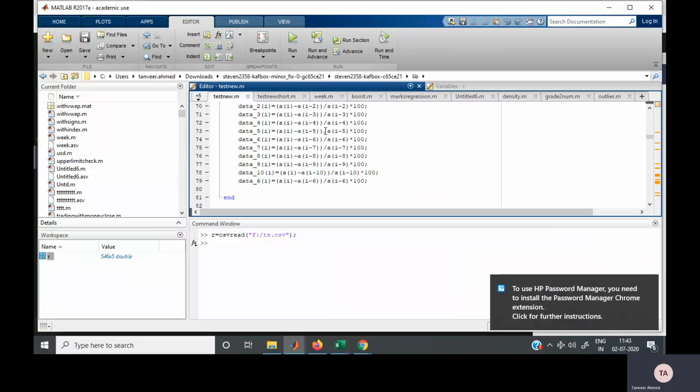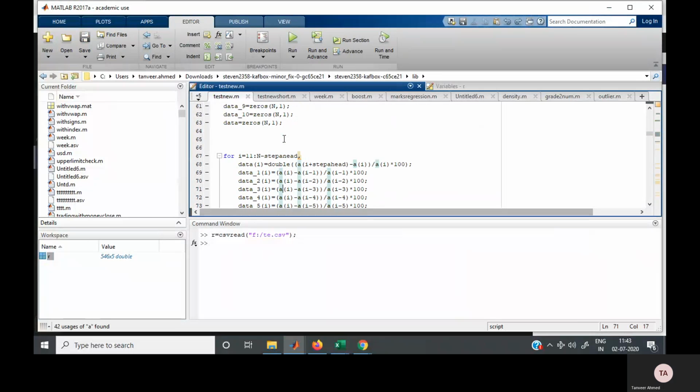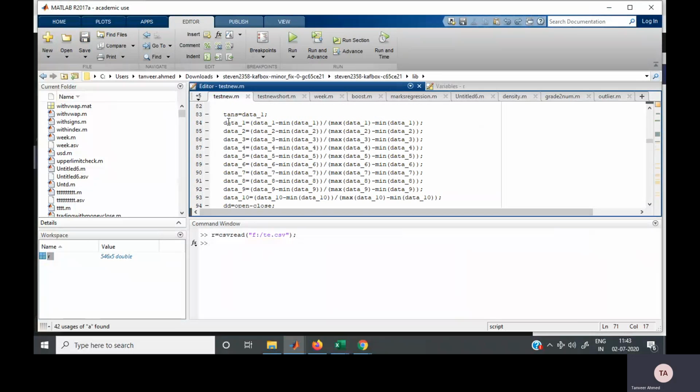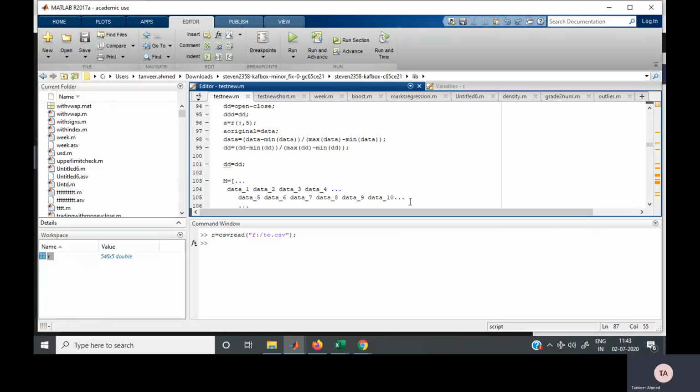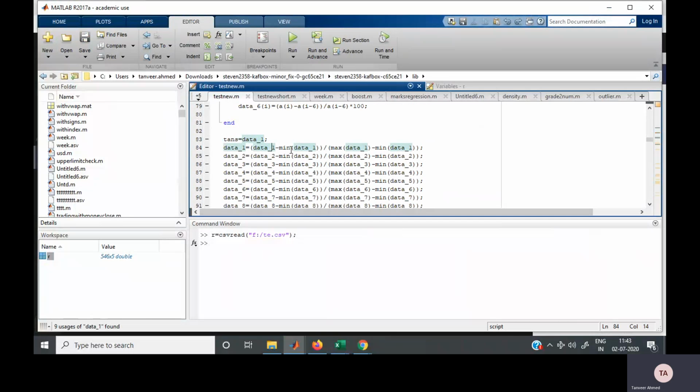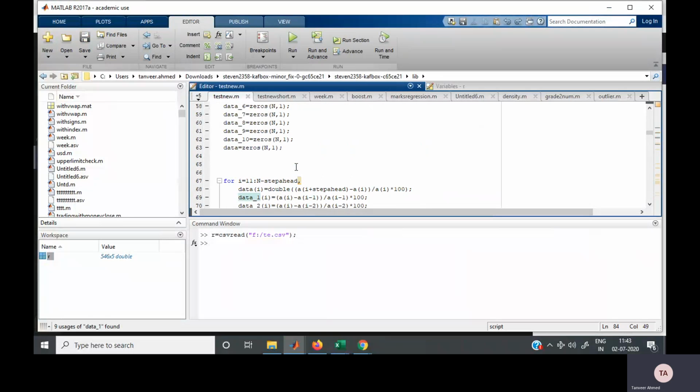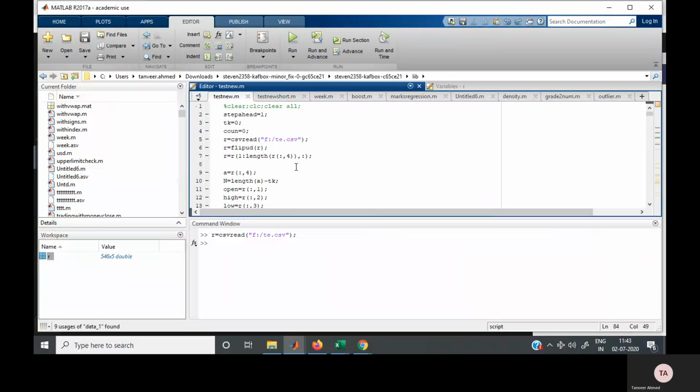And the scheme that I followed is this one. It's simple. You take the value, subtract the minimum value, and divide by the max minus min, whatever the values you have. So let me just do that. Let me just try to predict something. Okay. And see, this is the prediction.